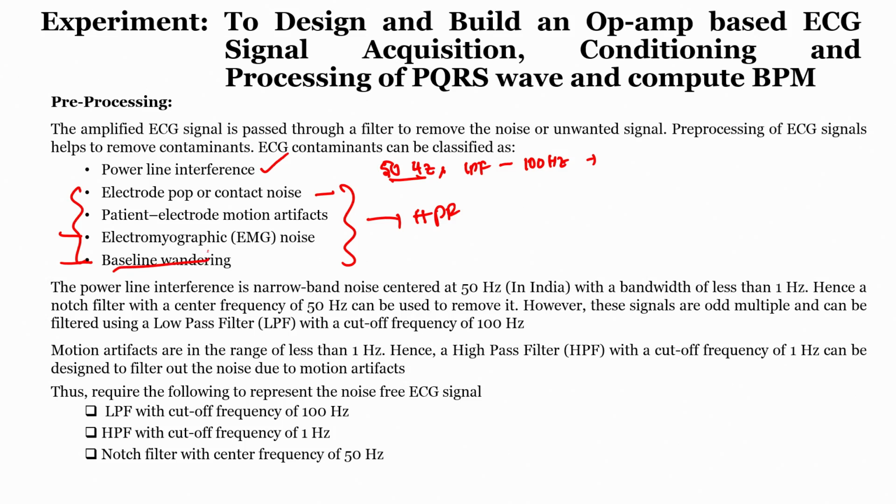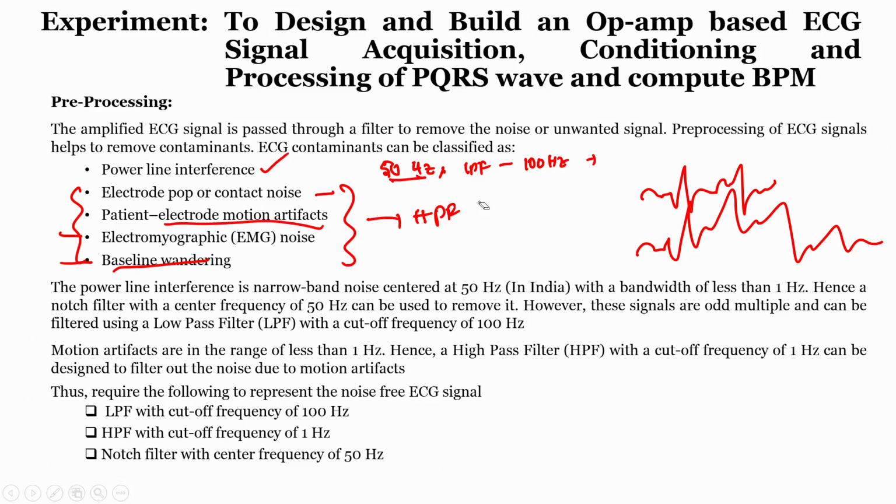What do you mean by baseline wandering? When we see an ECG signal we should get it on one base, but instead of that, we will be getting a changing offset, something like this. With respect to the ground, it will always be fluctuating. That is called baseline wandering. The baseline wandering frequency is somewhere around 0.5 hertz, so by passing through a high pass filter, even that can be eliminated. Motion artifacts we have already seen, right.